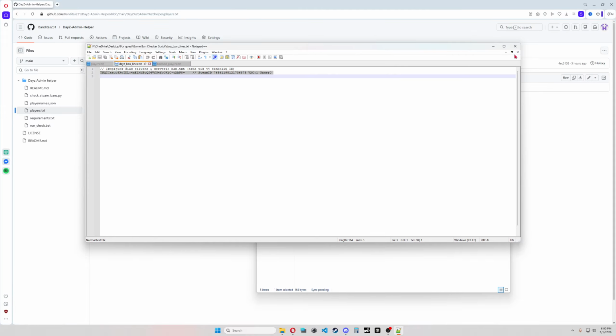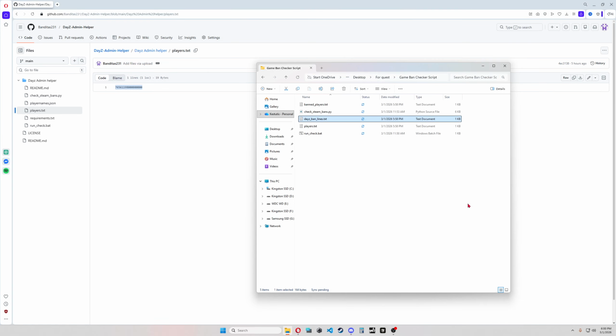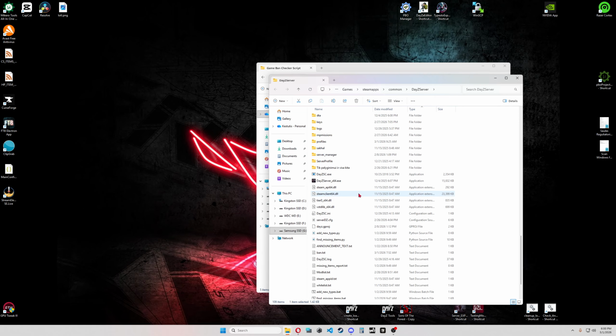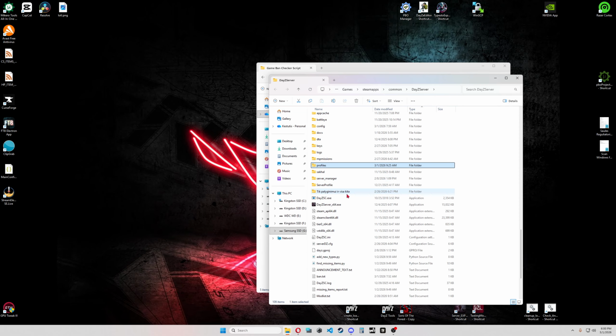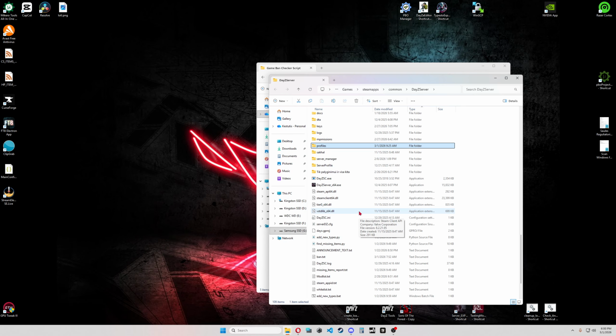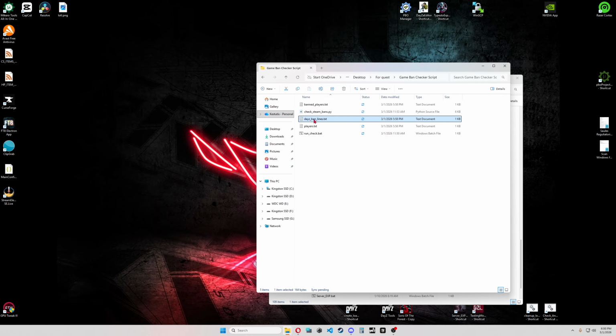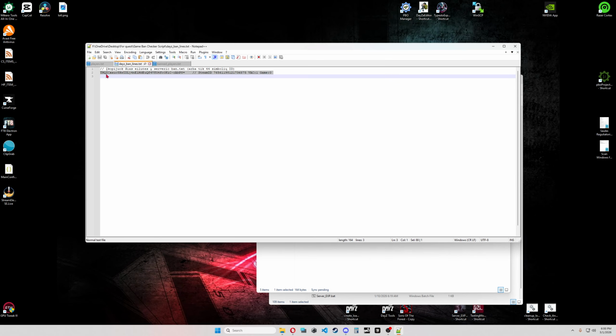I can show you in here, and not here, it's where your server is installed, or on some hosted servers, it's gonna be the ban.txt file. So you open this one, and then you put the same as how it looks here.